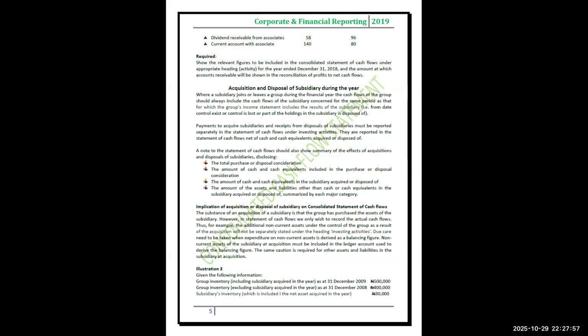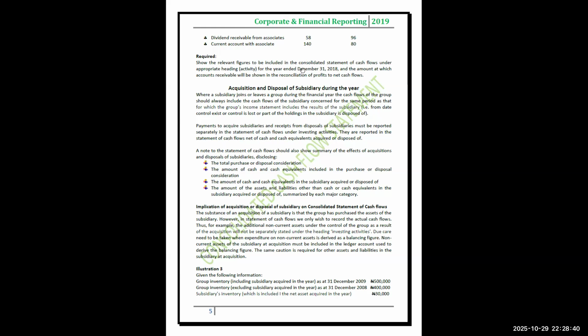Payments to acquire subsidiaries and receipts from disposals of subsidiaries must be reported separately in the statement of cash flows under investing activities. They are reported in the statement of cash flows net of cash and cash equivalents acquired or disposed of. A note to the statement of cash flows should also show a summary of the effects of acquisition and disposals of subsidiaries, disclosing: A, the total purchase or disposal consideration; B, the amount of cash and cash equivalents included in the purchase or disposal consideration;